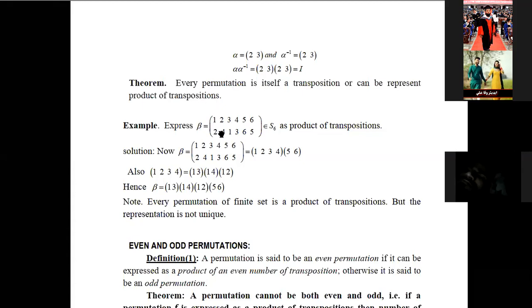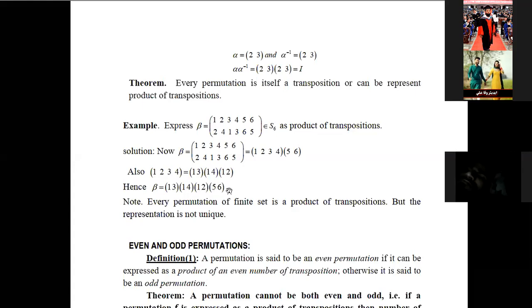Just like, express this as a product of transpositions. Now first you write it in cyclic form. Now this is a 3-cycle and a 2-cycle. It means this one is already a transposition, but this (1 2 3 4) can be written as (1 3)(1 4)(1 2), because these are all disjoint, so there is no problem of order. First you write this or this or this. Okay, these are all transpositions, and one is this. It means b equals this. So this permutation we can easily write as a product of transpositions.